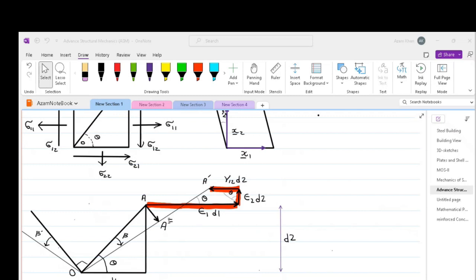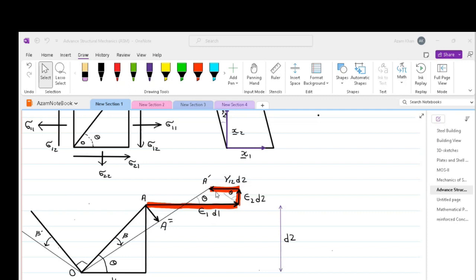The parallel component A double dash A dash represents the increase in length of OA, whereas the perpendicular component A double dash causes the change beta in the angular position of OA. The magnitude of A double dash A dash is found by projecting strain 1 D1, strain 2 D2 and gamma 1 2 D2